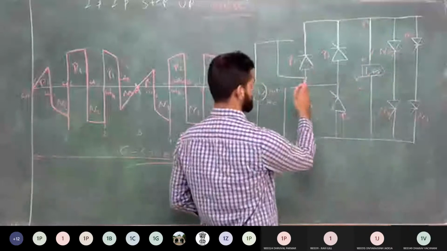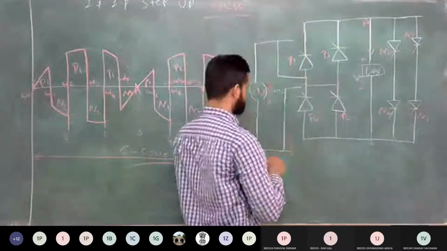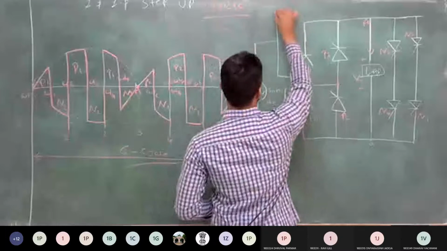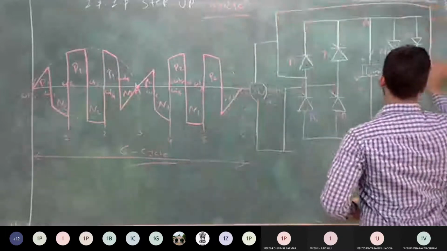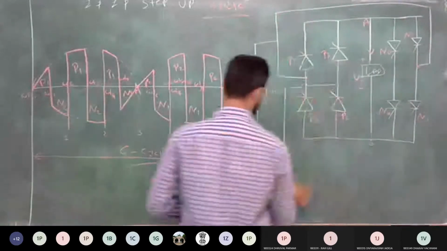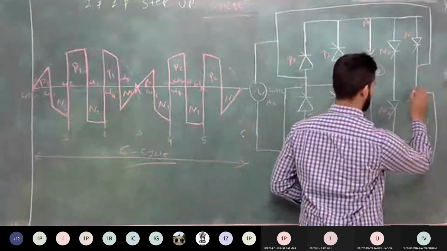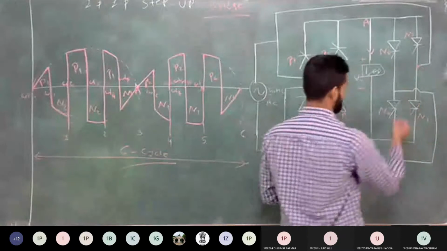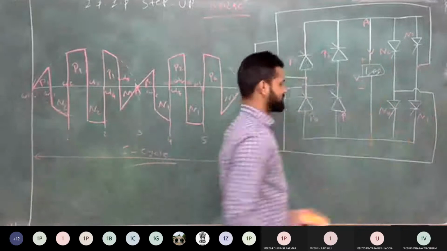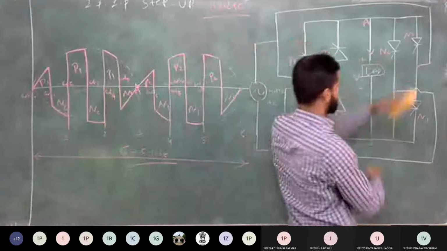Now here we have made the connection with the positive side. In the same way, we make the connection with the negative side, with the same source of supply. The positive terminal of this supply connects with the first leg here, and the negative terminal connects with the second leg. Between them we connect the load. This is called a bridge type of configuration. This is a bridge configuration, and this is also a bridge configuration.